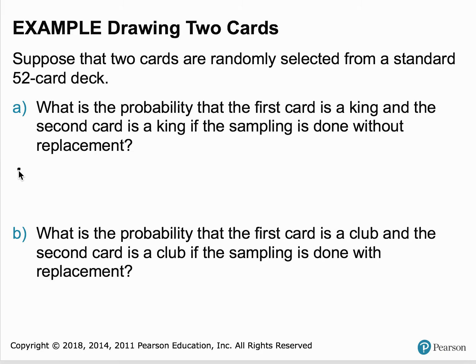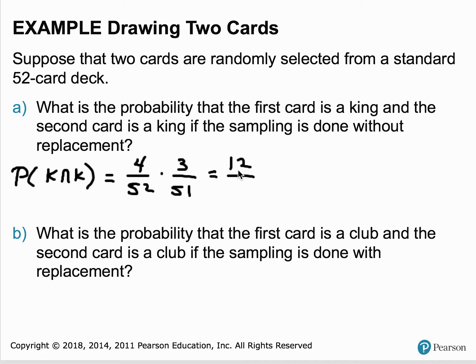So this says, I want to know the probability that I draw a king and another king, but without replacement. So the probability I draw that first king is 4 out of 52. But now that second king, since I'm holding that king out, there's only 3 kings left and 51 cards left. So 12 out of